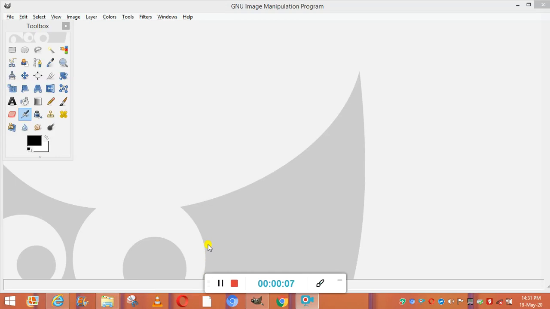Welcome to the class. I'm going to start with the practical part of chapter number 4, that is advanced GIMP tools. Okay, so in this, I have explained to you in the class what dialogues are and what dockable dialogues are. Dialogues are the docking, and docking are small movable boxes that appear on the GIMP window, and you can easily access an option from the dialogues and docking without following long procedures.